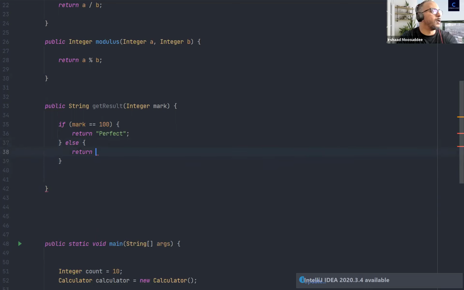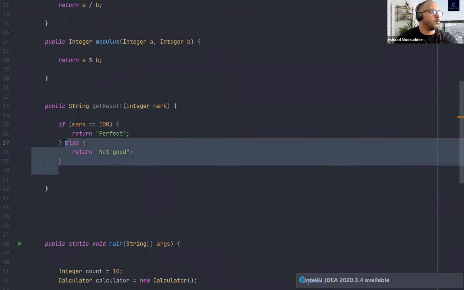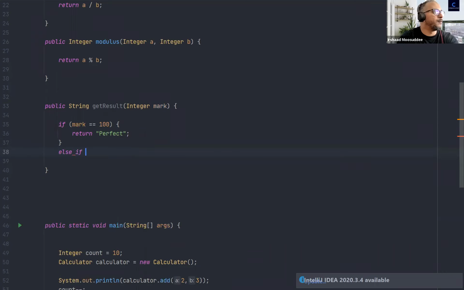So else. I'm not just saying that only 100 gets a perfect result; in this case, only 100 will get a perfect result and others will get not good. But we want to say that, let's say, if your mark is between